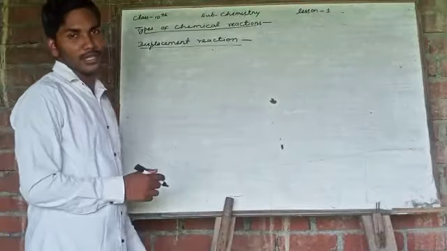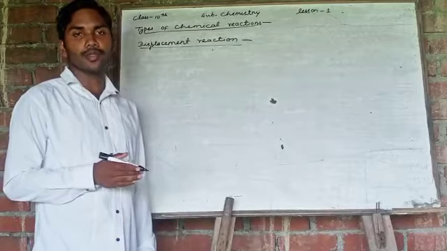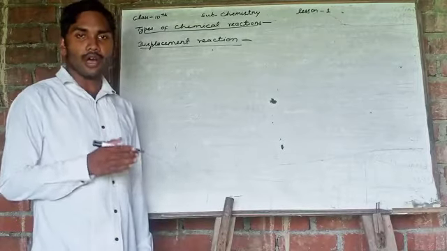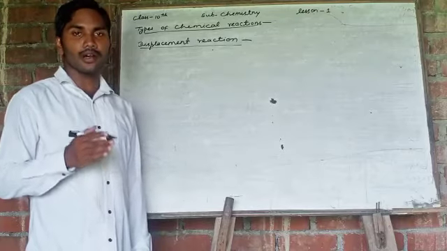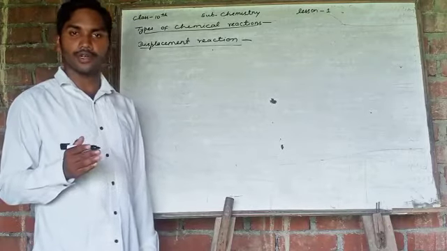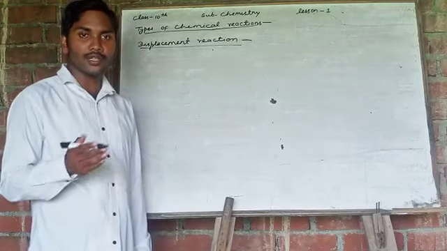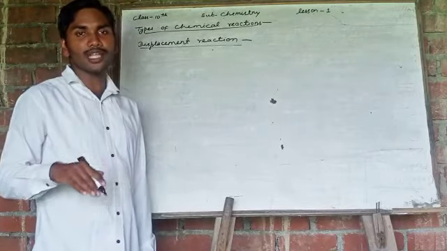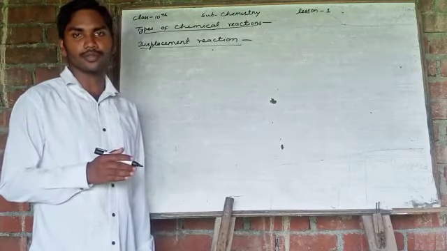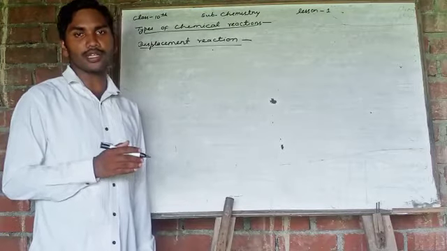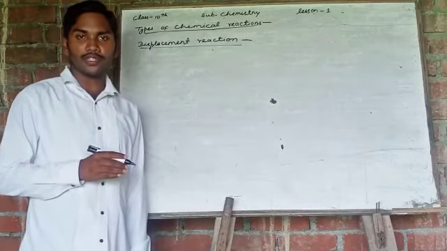What is displacement reaction? A reaction in which one element of a reactant takes the place of another element of another reactant. Means one element will displace another element from the reactant. This reaction is known as displacement reaction. For example,